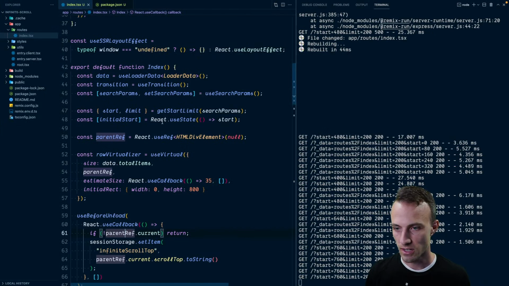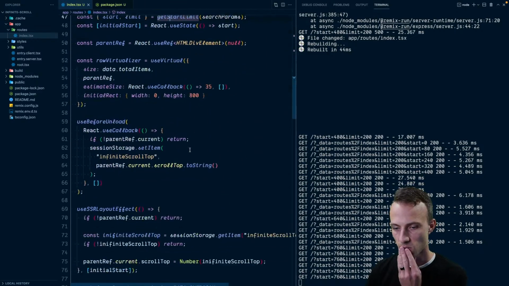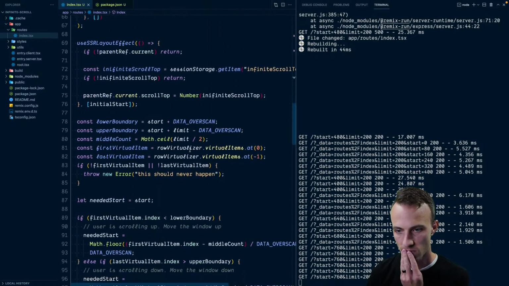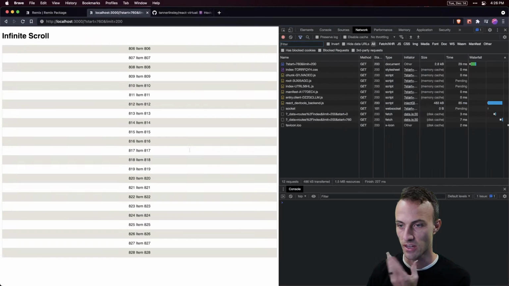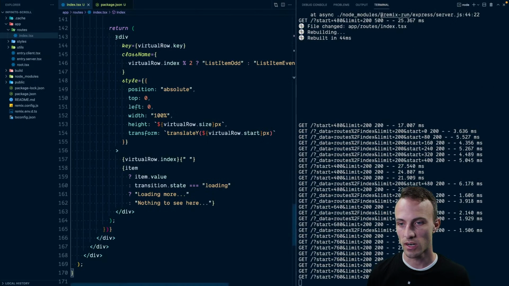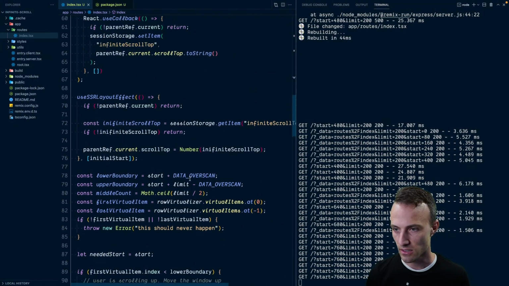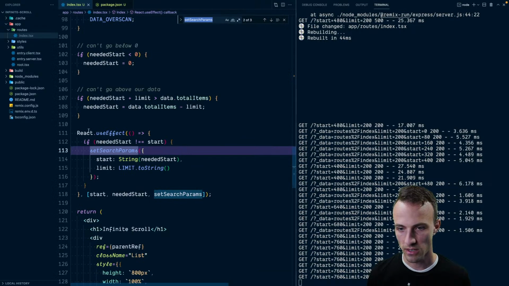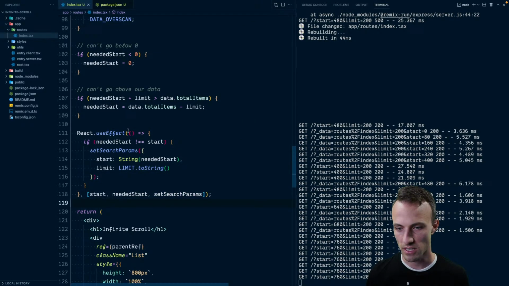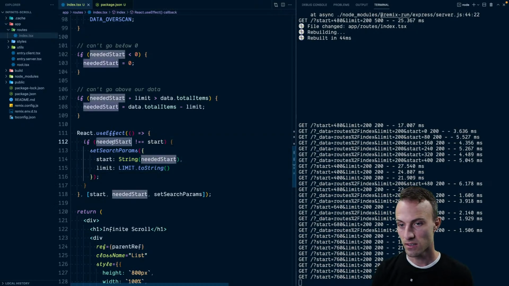So our search params initialize that. I wonder why it is. Yeah, I have to remind myself how all this code works. So I land on here, and it is updating the URL. So let's take a look at our set search params where we're doing that. So that's happening in this use effect. That makes sense. If the needed start is not equal to the start. So I'm guessing,